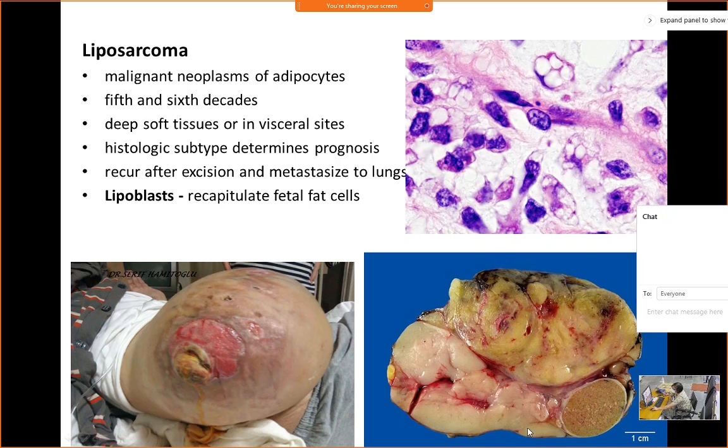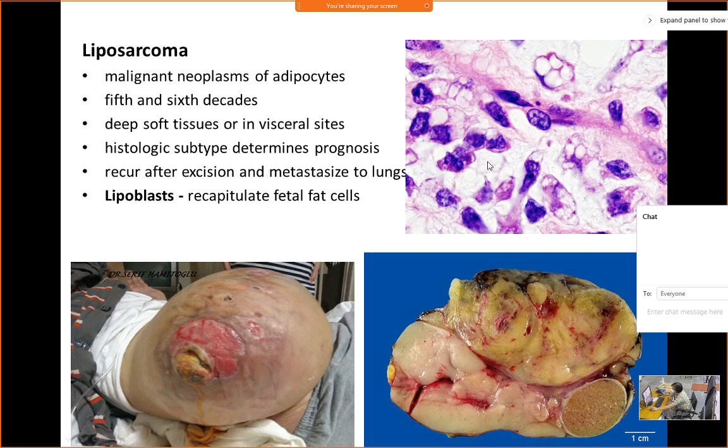Okay, and this is the gross. You can still see that it's yellowish, but here it has undergone a bit of necrosis as well. This is the bone marrow. This is a bone. Okay, and this is also the tumor. And once it becomes a little bit whitish like this, it means that it has become very cellular. When it's yellow, it means that there are lots of these holes, because this hole is filled with fat. H and E cannot stain fat, so that's why they look like holes and they look whitish.